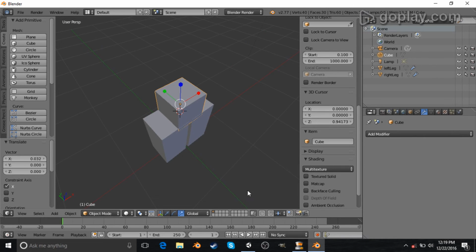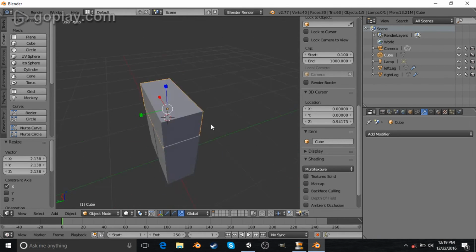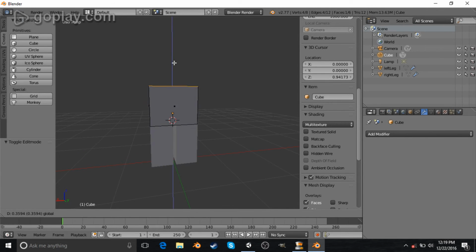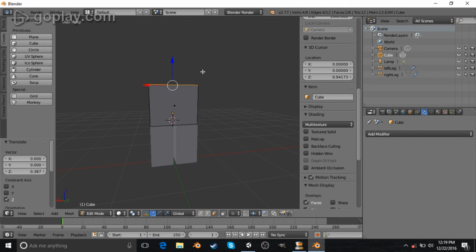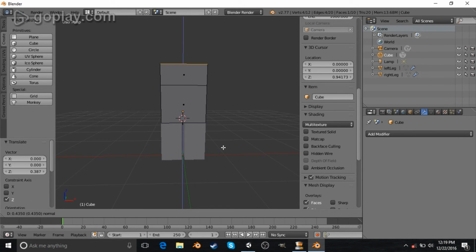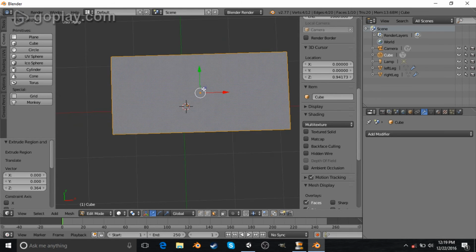If you hit this, you can scale it like in Unity, but there's not really a shortcut key for it in Blender. So I'm going to pull this out like that. I'm going to go into edit mode with tab, and I'm going to select that top face. I'm going to click the arrows to move it. I'm going to move it up a little bit. And if you hit E, it will extrude it or make more faces. So I'm going to hit E, bring it up a teeny bit, and then I'm actually going to hit